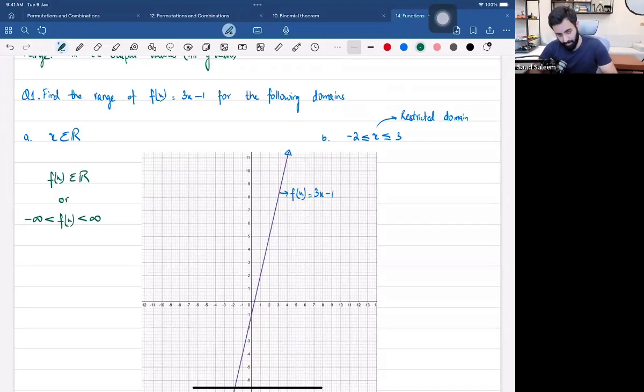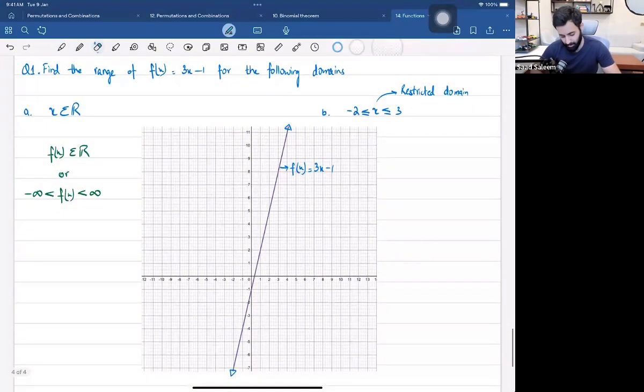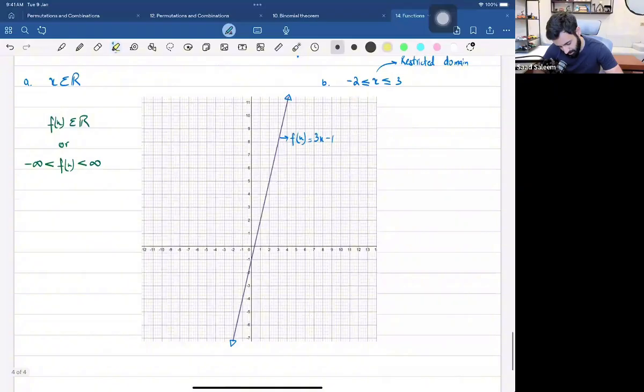Now, in part B, we are restricting ourselves. How are we restricting ourselves? We're saying that you're only allowed to plug in the values of x that are in between -2 and 3. You can plug in -2, you can plug in 3 and everything in between, but that's it. Not a value lesser than -2 and not a value greater than 3. So that means we are only looking at this part of the graph that I'm highlighting